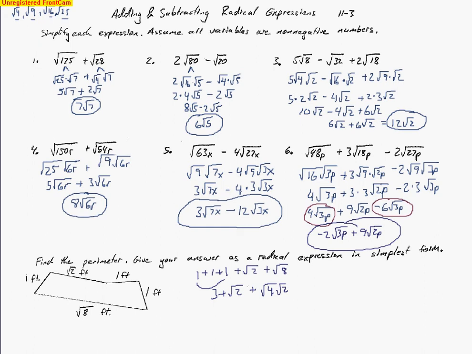So I go ahead and collect a little further. I'll bring down the next step. I got 3 plus the square root of 2 plus 4 square roots of 2. Well, now I can collect these two last terms in this 3-term radical expression. So I go ahead and count them up. I got how many square roots of 2? Well, you got 1 here, and 4 makes 5. So I got 5 square roots of 2. And then I've got that plus 3, so I'll just put the 3 on first. So 3 plus 5 square roots of 2 feet is my answer, the perimeter of this